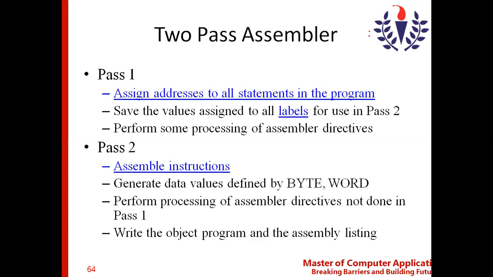So in pass 1 of the two-pass assembler and in pass 2 of the two-pass assembler, what functions are to be carried out, we have discussed in the previous session. So let us move on to how the two-pass assembler works. With the algorithm, we will be discussing the working of the two-pass assembler using the pass-1 algorithm and the pass-2 algorithm.